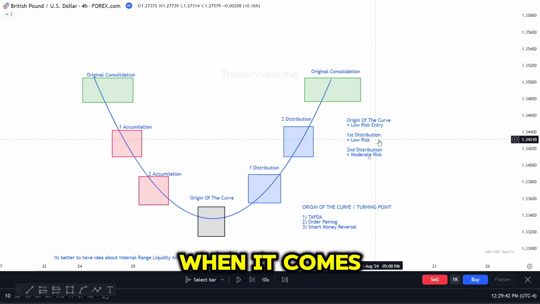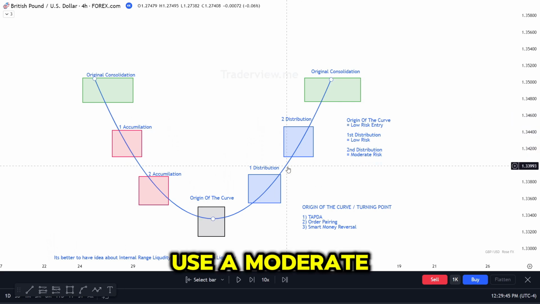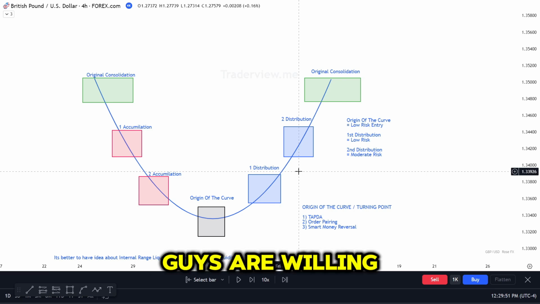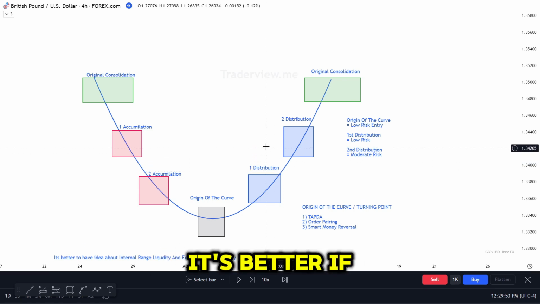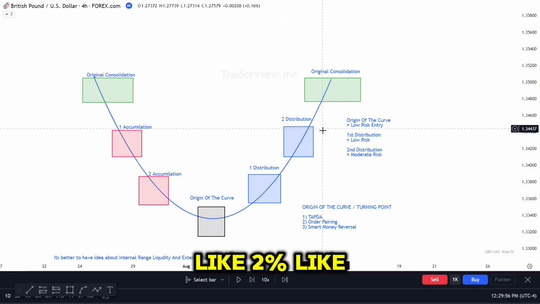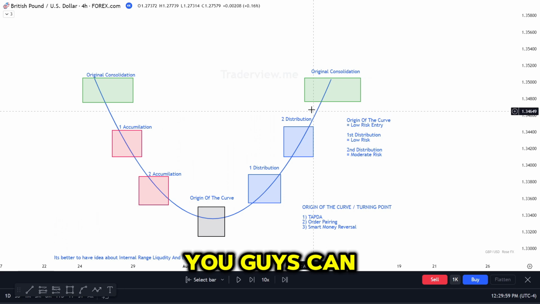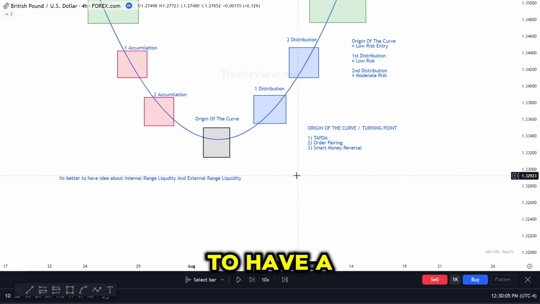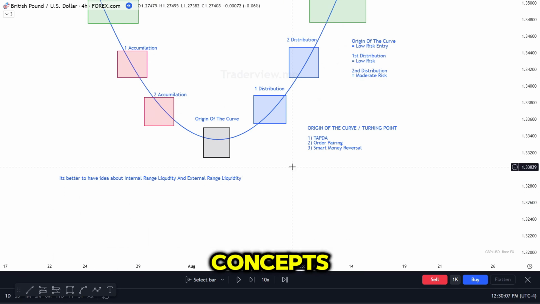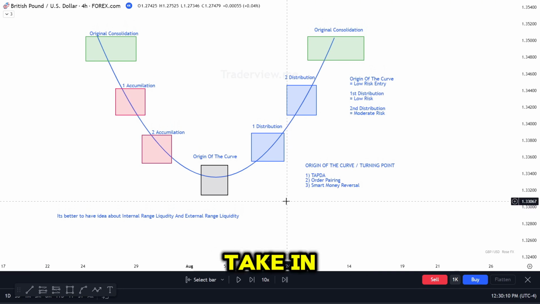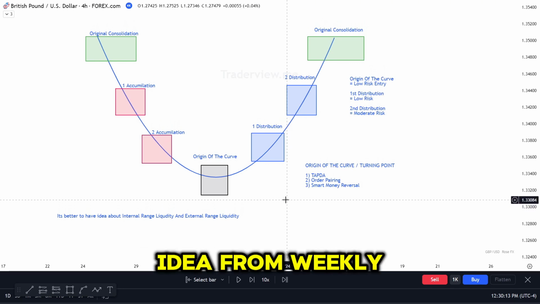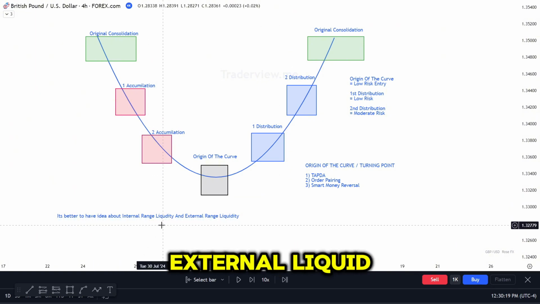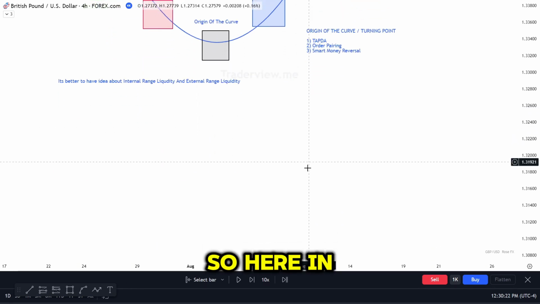When it comes to the second distribution phase, you can use moderate risk, which means 1%, 2%. It is actually worth it, because if you are willing to make 3%, 4% a week, it's better to play out this level of the model, like 2% in the second distribution phase. You can easily risk 2% for this trade. It's also better to have an idea about internal and external range liquidity concepts if you are willing to take the bias from weekly and daily using liquidity runs, which means internal range liquidity and external range liquidity. So here in the GBP USD chart,